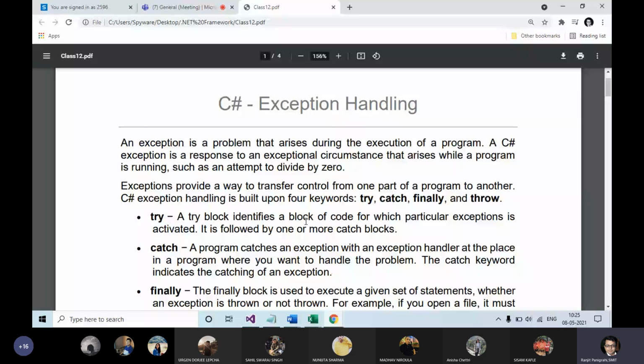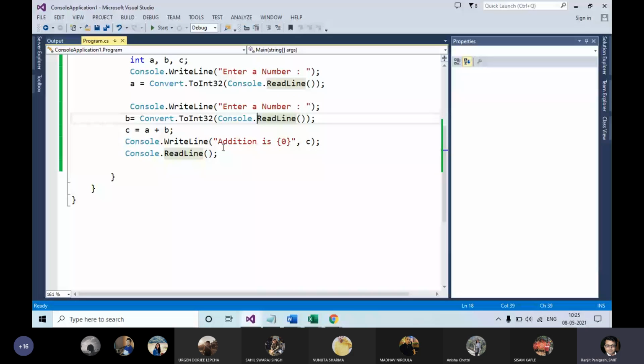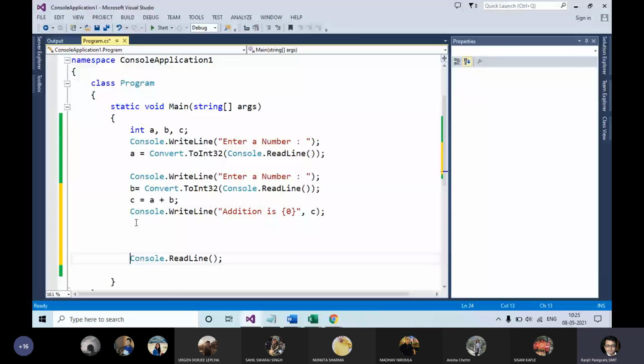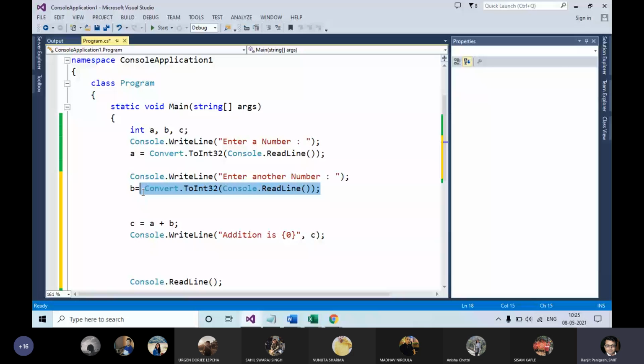So basically a try block. Before coming to the try block, I'll just show you how to handle this kind of exception. You already know that if the user enters either here or here a string, then you may get some kind of error.